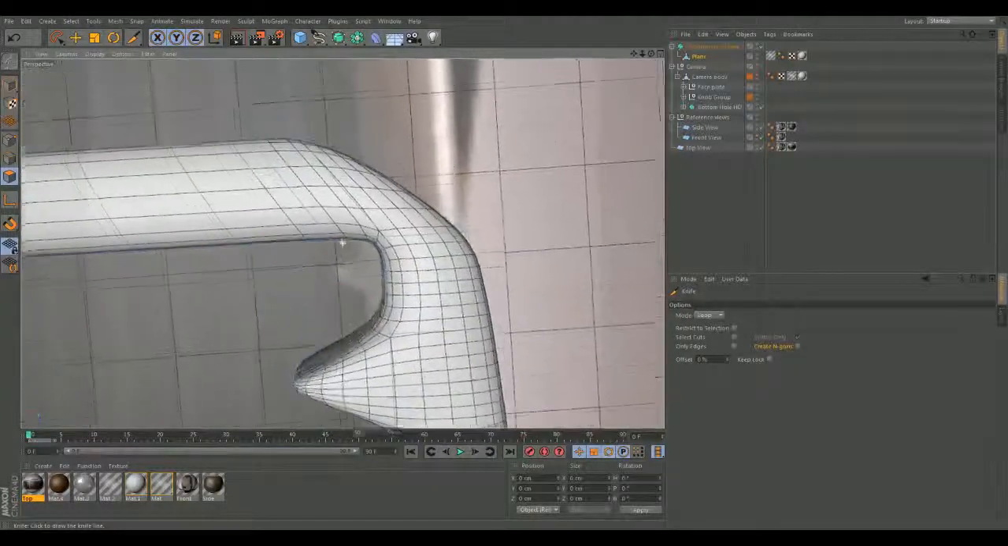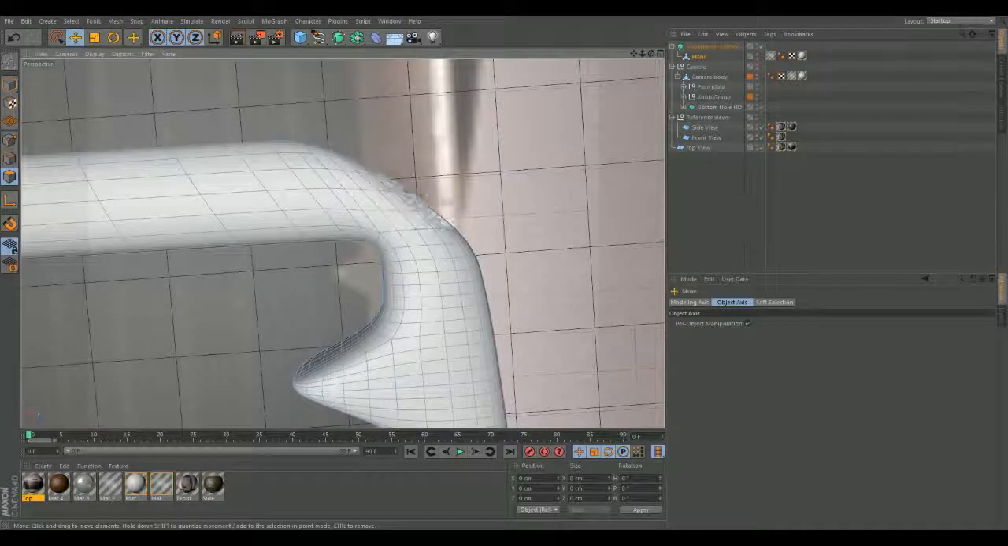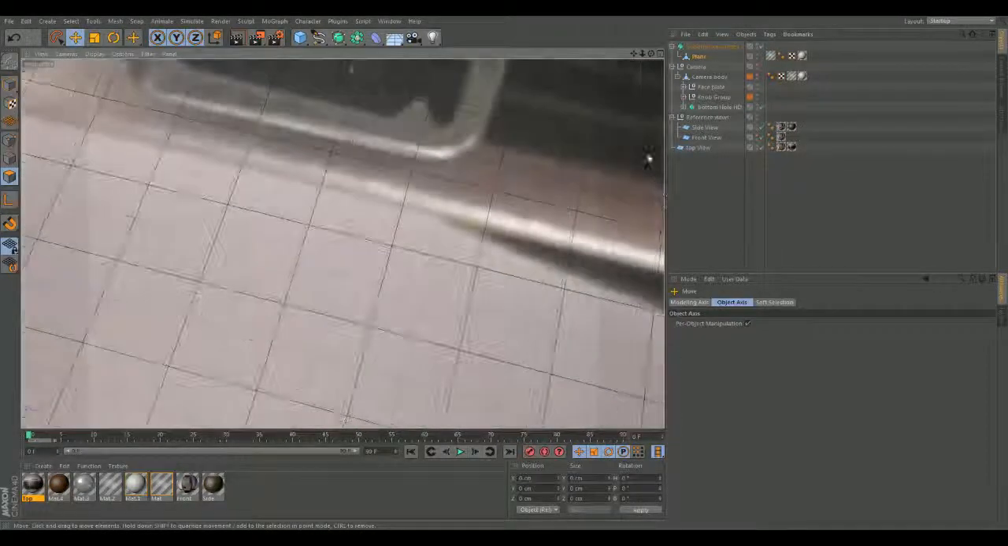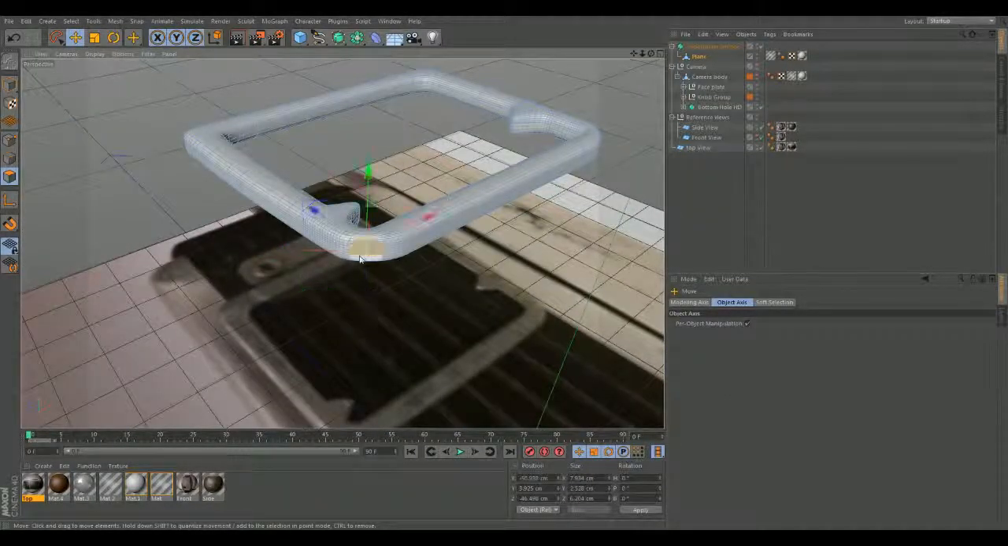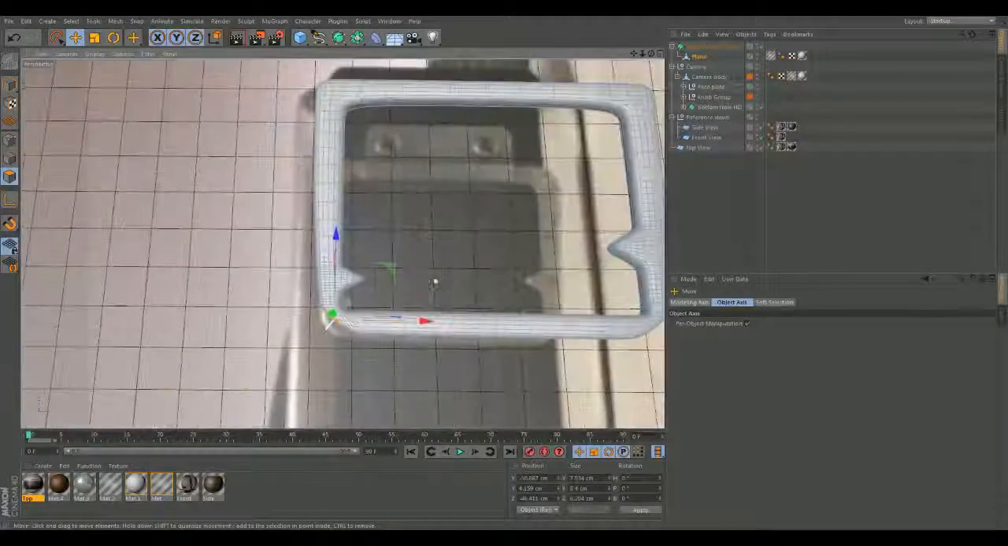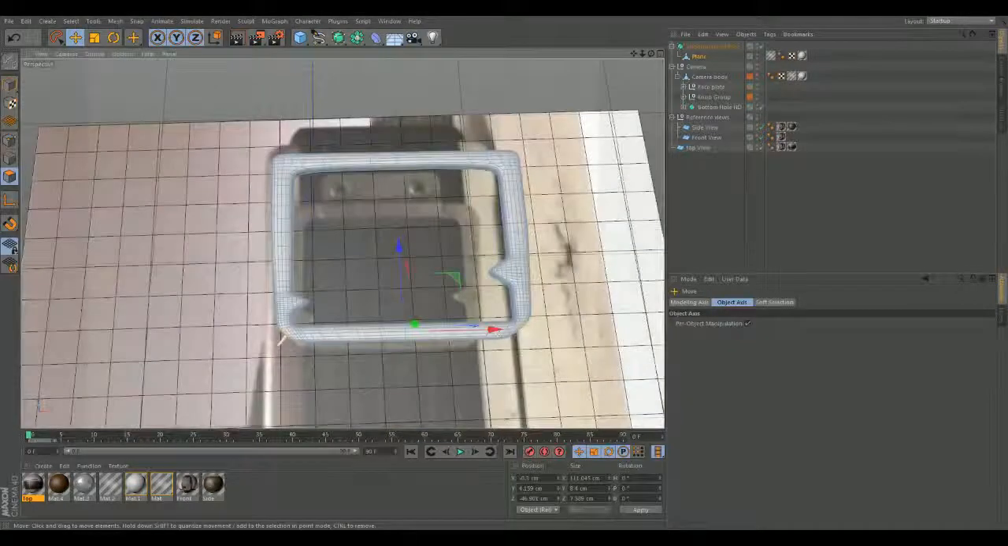Things that I might want to work on, I could probably add some more geometry this way if I wanted to. Maybe we can get away with just selecting the faces. See if that works. Okay, cool. So I'm going to select these faces, see if I can get it to scale together. Actually, we'll just go ahead and